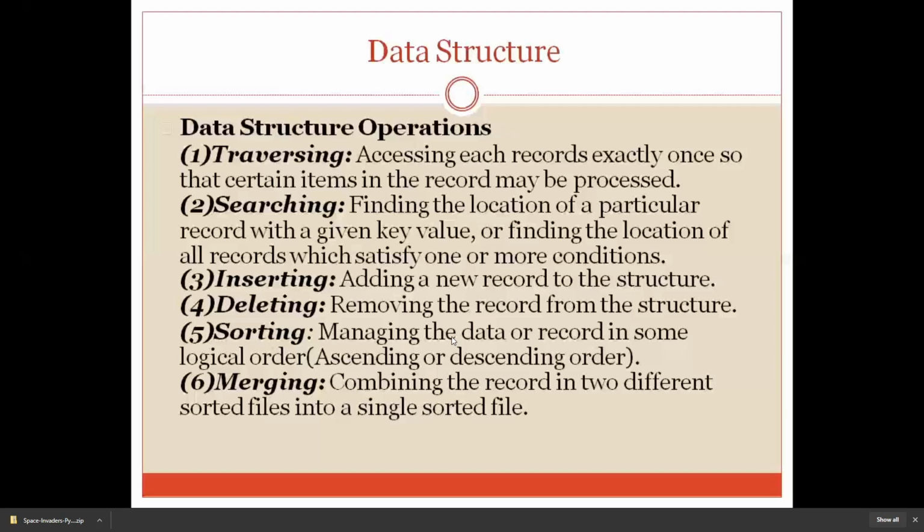So I can combine all the numbers of array A and array B into a single array, let's say C. Array C will have all the elements of A and B in sorted manner. So you are merging two separate entities into a single one. These are the basic operations you are supposed to follow on all data structures.